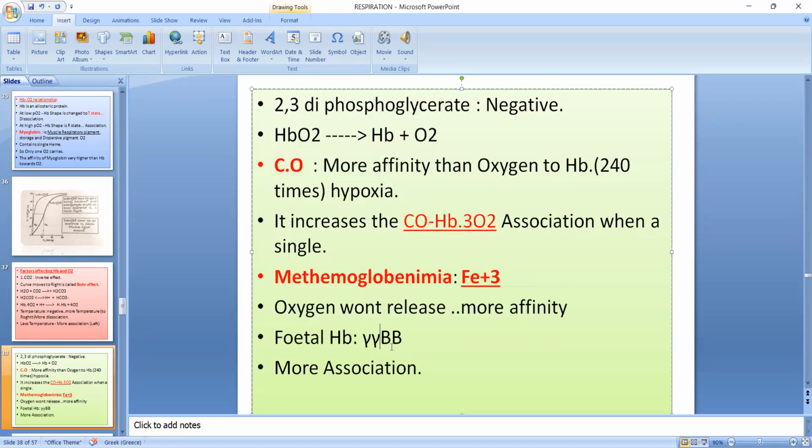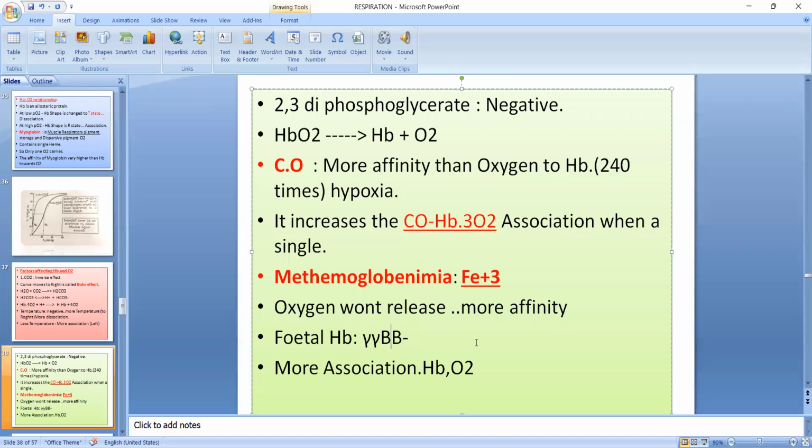So 2 gamma 2 beta polypeptide chains are present. Okay, so in this condition there is more association between Hb and O2. ఇది ఎప్పుడు ఫామ్ అవుతుంది అంటే క్యాన్సర్ స్టేట్ లో ఫీటల్ హిమోగ్లోబిన్ ఫామ్ అయ్యే అవకాశం ఉంటుంది, లేదా నార్మల్ ప్రెగ్నెన్సీ కండిషన్ లో కూడా ఫీటస్ బ్లడ్ లో ఫీటల్ హిమోగ్లోబిన్ ఉంటుంది. అంటే సో గ్లోబిన్ కంటైన్స్ 2 గామా 2 బీటా చైన్స్ కలిగి ఉంటుంది, దట్ కంటైన్స్ మోర్